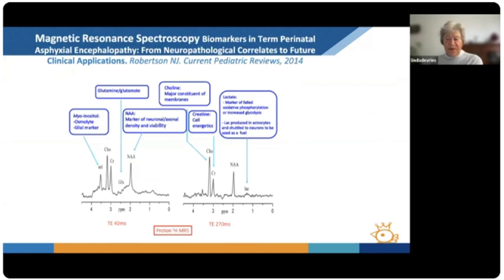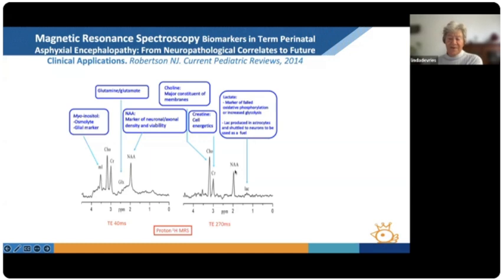Then spectroscopy, I think it's available now on almost all the magnets. And if you talk to your radiologist, you can ask whether he can try to do it as well. We usually take a sample from the basal ganglia thalamic region, and then you can get these peaks. The easiest to see is the choline, which is in the membranes, the creatine for energetics, and the